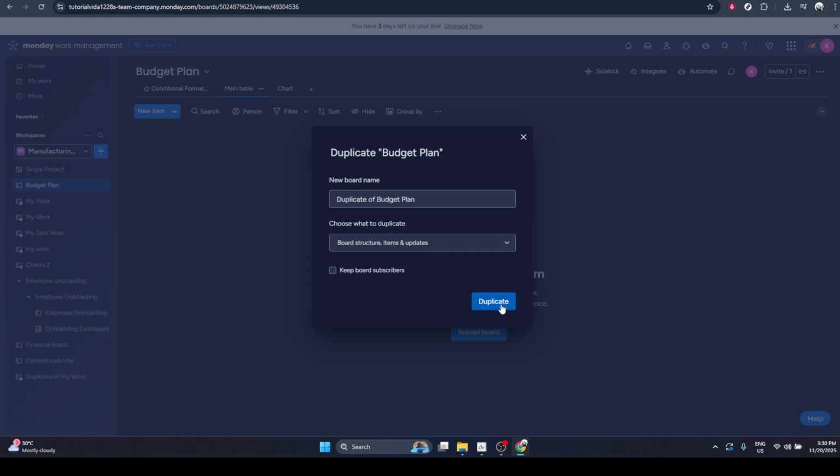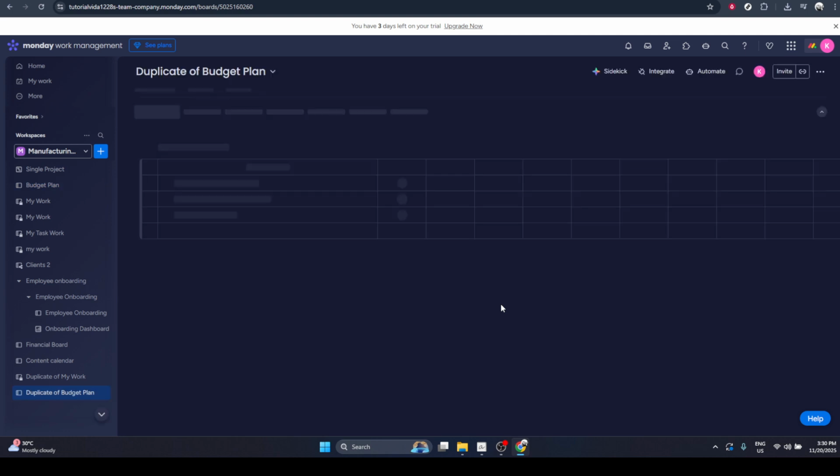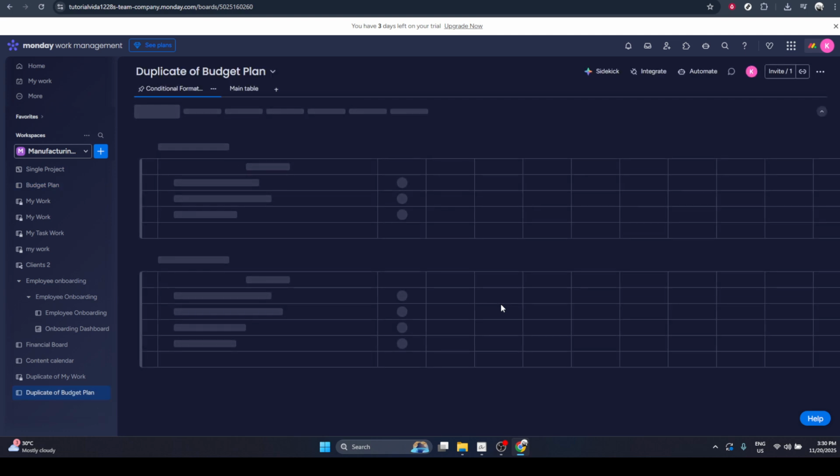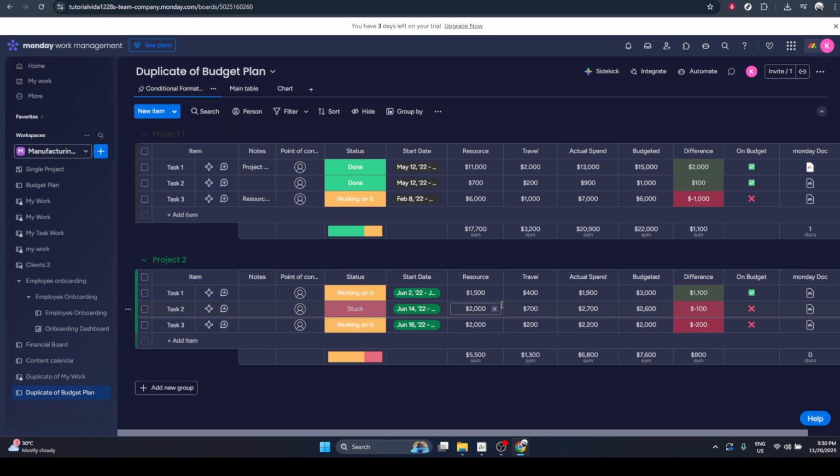new board. After you've chosen how you want to duplicate the board, Monday.com will show you a confirmation step with a button labeled Duplicate. This is your final check before the system creates the copy. When you're ready, click on Duplicate. Monday.com will now create a new board based on the original one. You'll usually see it appear in the same workspace, often with a similar name plus the word copy or a small variation. From there, you can rename it, adjust any details you need, and start using your